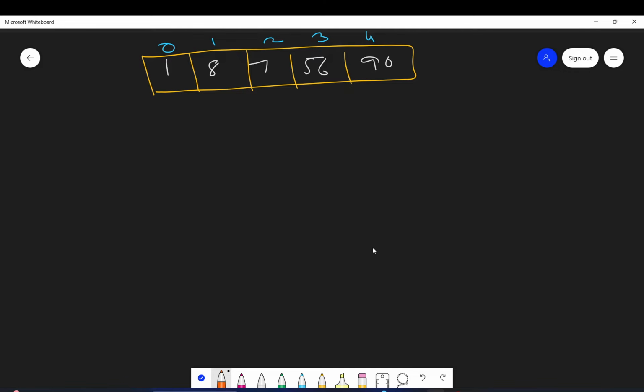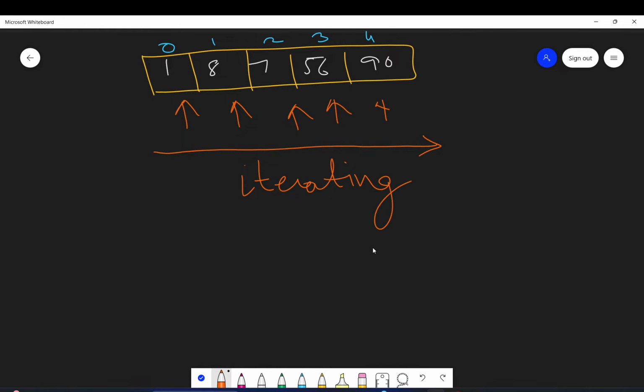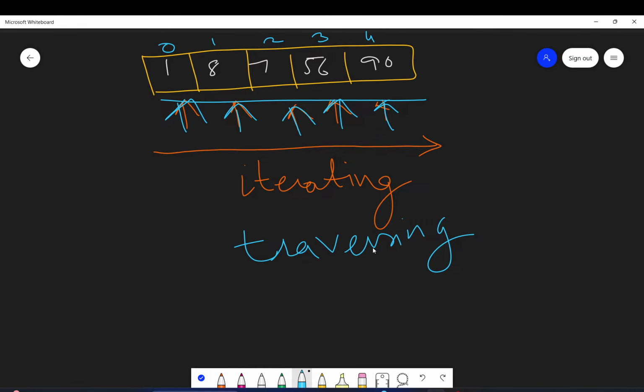So how will I get to know that? I have to check every element, like which is the largest. Okay, this is the largest, this can be the largest. I don't know which will be the largest. So I will have to start iterating this array. What do you mean by iterating? Iterating means traversing the array. Traversing the array means just going to each array element once. So we have to iterate this array to check which is the maximum element, which is the largest element.